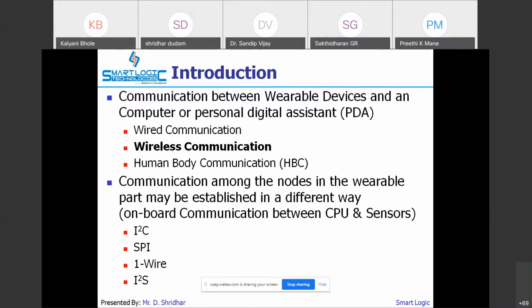So the user is very reluctant to connect to the computer or the smartphone. On the go, the data should be transmitted to your smartphone or the cloud. That's why wireless communication is more preferably used, whereas human body communication is a special kind of communication which uses signal propagation through the body, and it is mainly used for medical devices.